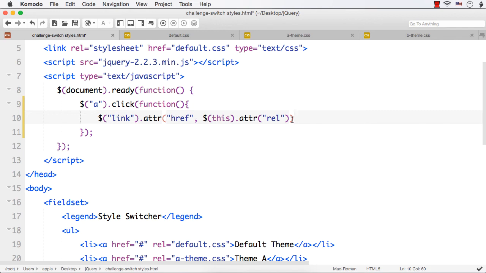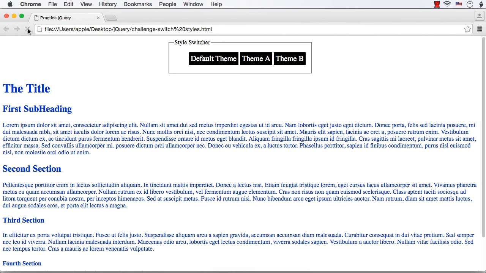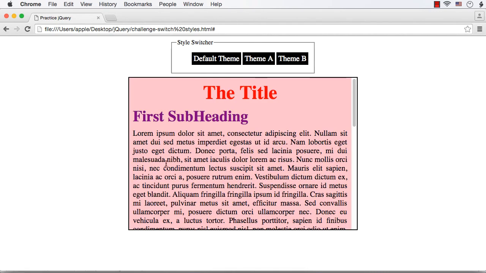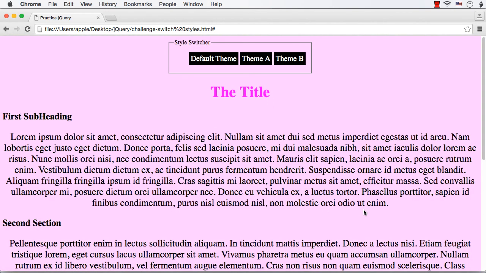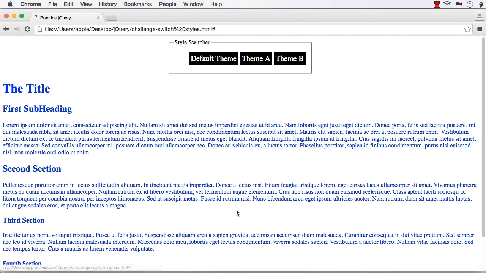So this should do the part. Let me save and check our code. Refresh. Let me click theme A. See, theme A is applied. Theme B, see, theme B is applied. Default theme, see, the default theme is applied.